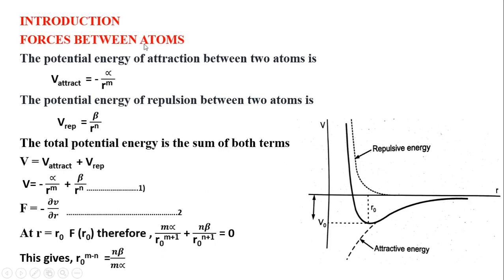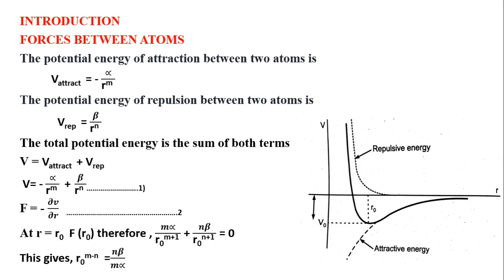First is forces between atoms. The force between atoms can be two types: force of attraction and force of repulsion. The potential energy or stored internal energy of material is the sum of individual energies of the atoms plus their interaction energy. When atoms are all in their ground state and far away from each other, they do not interact with each other.